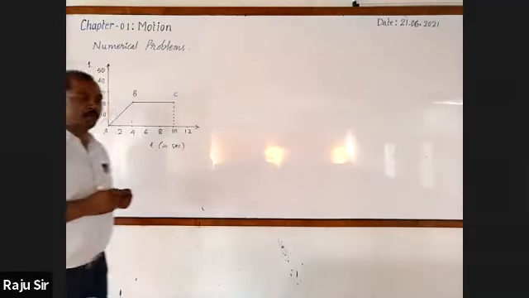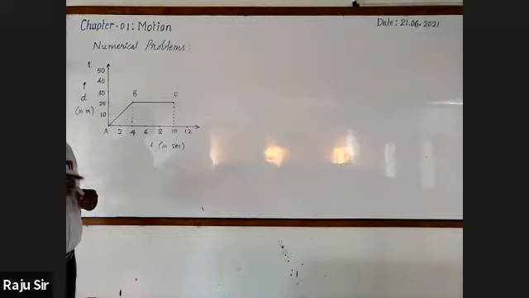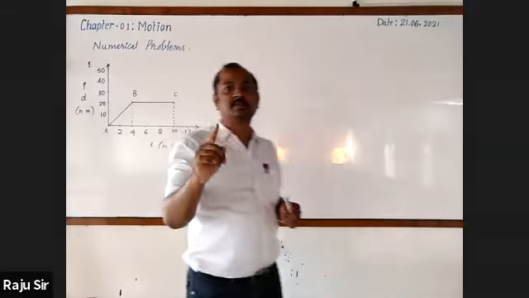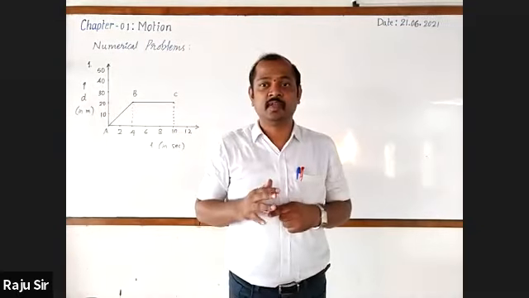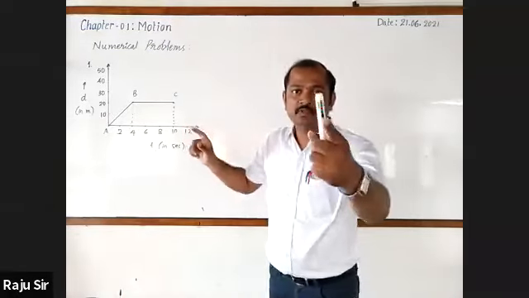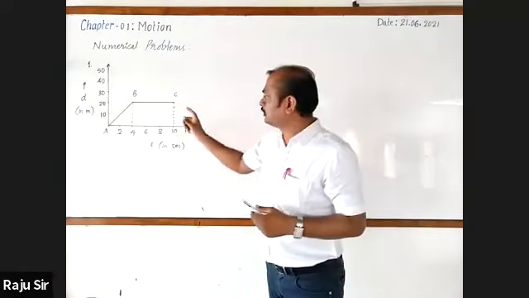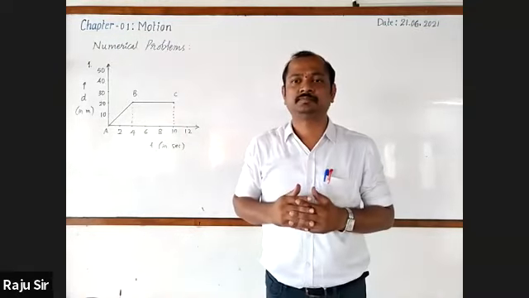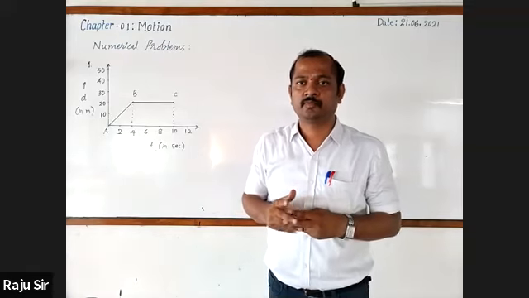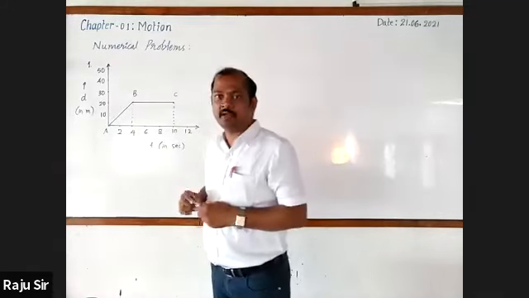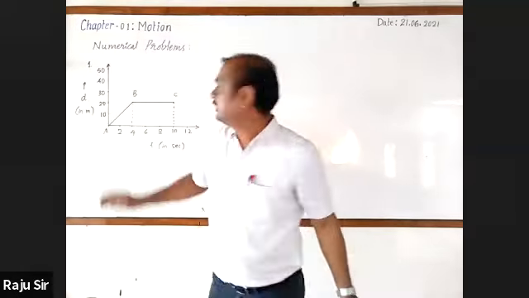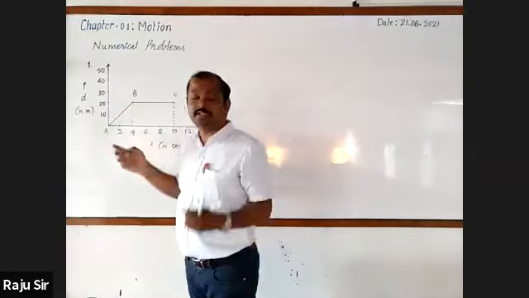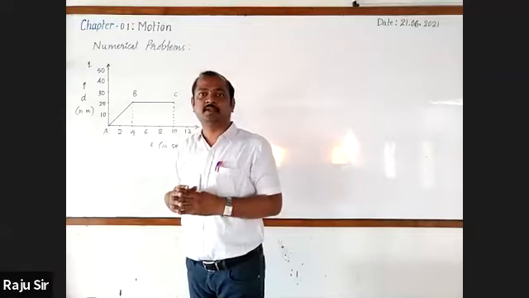Meanwhile, I'll ask you one more question. Dear students, you all know that slope of the distance-time graph gives velocity. Manya J. Jain, could you tell which part of this graph represents velocity? B C? Very good. It is AB. AB represents velocity, and it is uniform velocity or constant velocity.